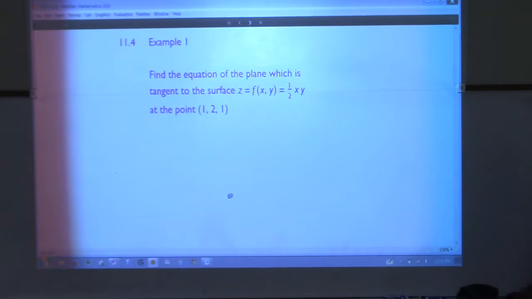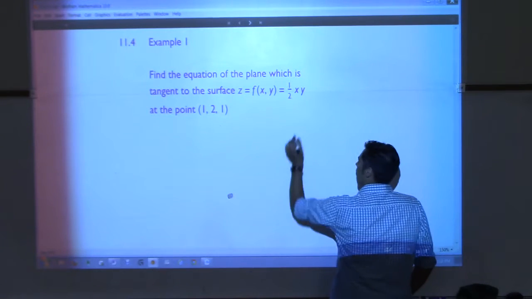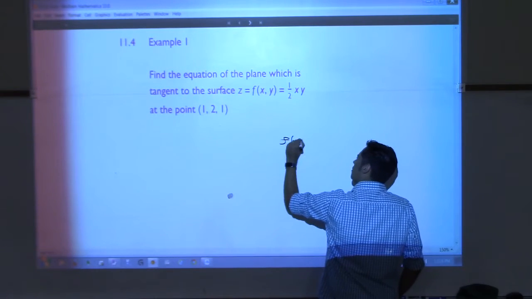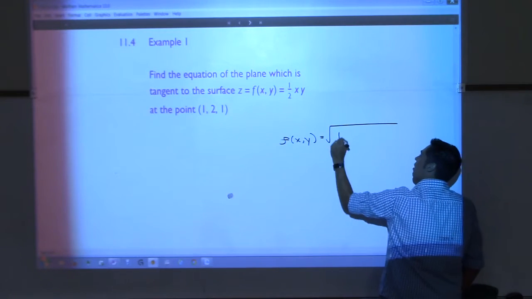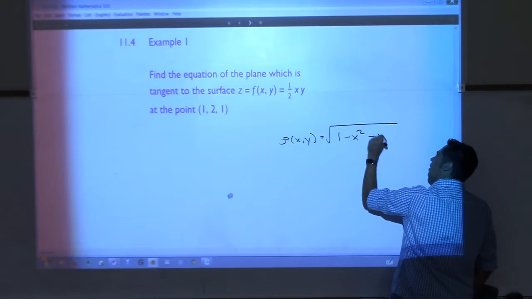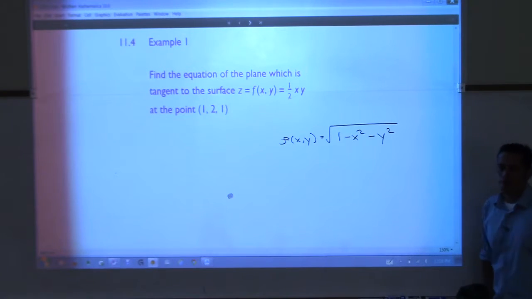All right, so this is the one I was going to do in class, but I'm going to decide to do a different one because I want to do one that we can visualize before we even start the problem. All right? So scrap that for now. Let's look at this right here. I want to see if we can predict what our answer is going to be before we even do the work. There's your function